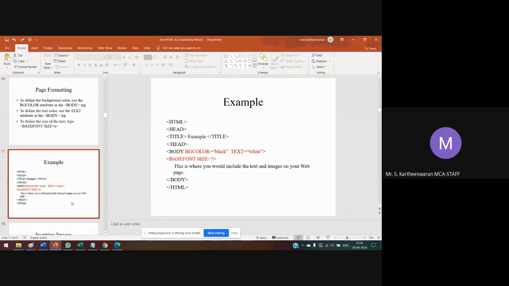One paragraph like this is where you would include the text and the image on your page. You write something like this, then immediately close the body tag as well as the HTML tag. Shall we execute this program?